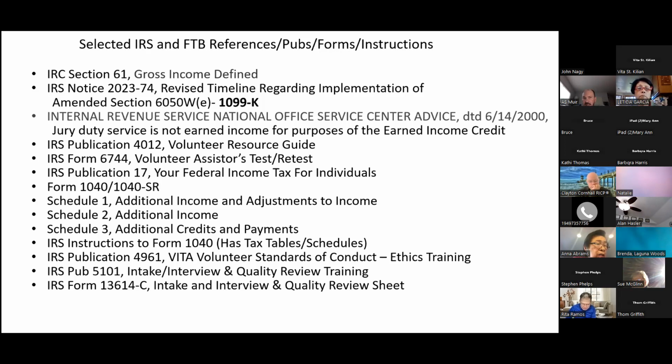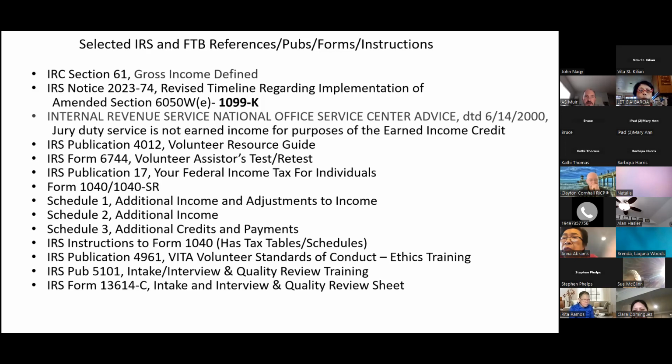And so what that means is everything is included in gross income unless otherwise excluded. And so if you go to your 4012, you're going to find a lot of different exclusions. Like, for example, if you receive a bona fide gift, that is an exclusion. If you receive an inheritance, and let's say that inheritance happens to be cash, that would be an exclusion. But again, there are many, many different exclusions. Most of them are listed in the publication 17 or the publication 4012. Or you might have another document, such as the publication 525, that talks about the various exclusions.